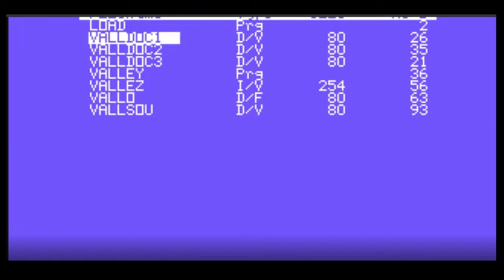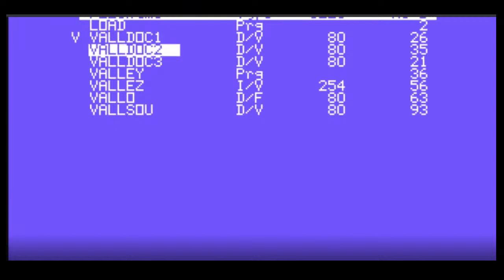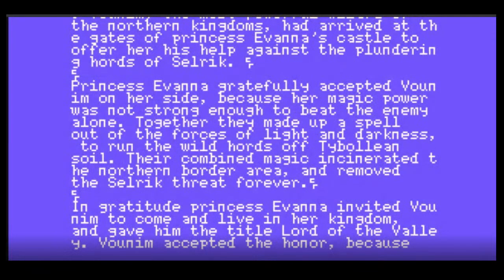So what we can do is at the bottom of the screen, which you probably can't see, are the commands: back, xrun, run, view, delete, and enter. I'm going to type V for view. Okay, so a V showed up there next to valdoc1, and I'll press enter. Okay, so here's the text of Valdoc 1.